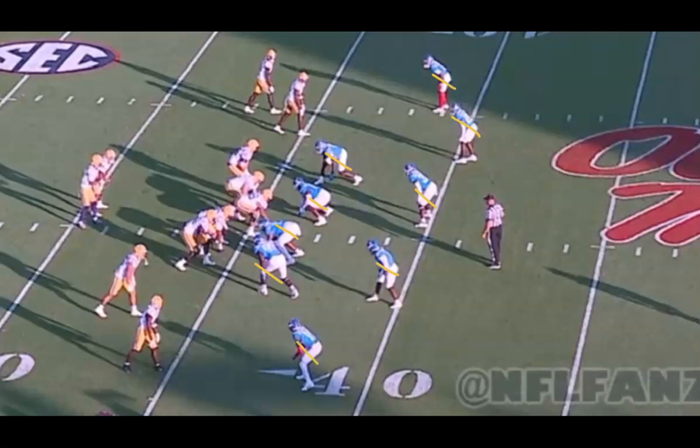So the fact that there's 9 guys in the screen tells us that it's a two-high look. And anytime you get a two-high look, you're operating from a middle of the field open perspective, which means you can oftentimes throw the ball into the rectangle that I just drew there near midfield. So Daniels is going to recognize coverage, and now he's going to come back down and look at